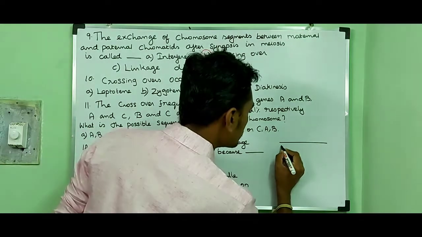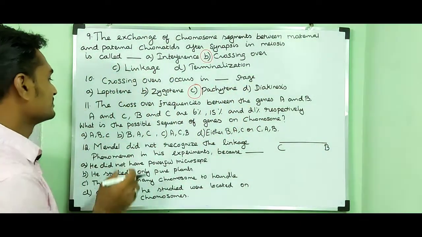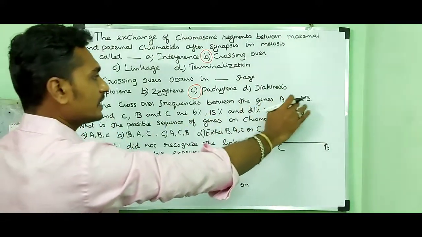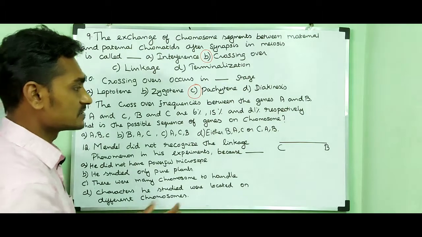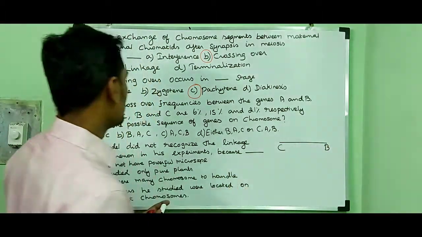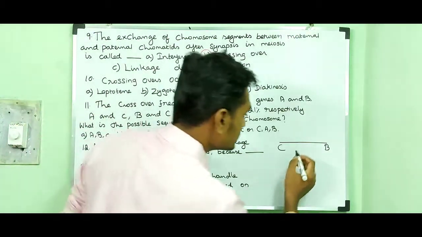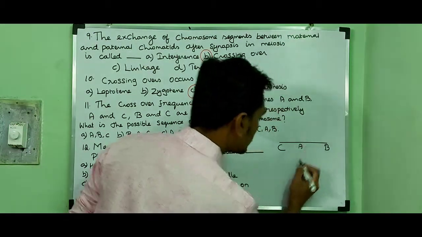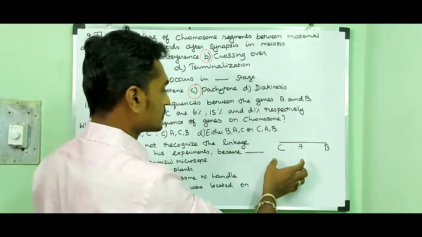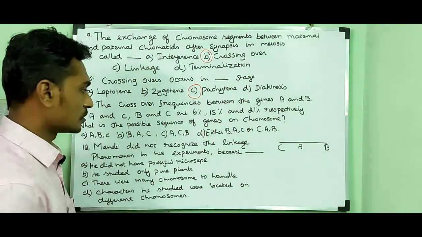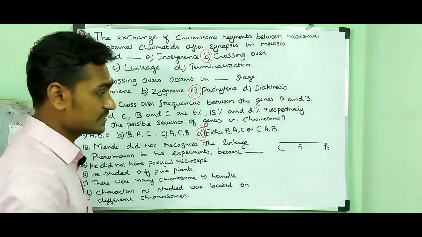So C, B. Then A and B, and A and C show less recombination frequency when compared to C and B. So A will come in the middle. So the answer may be option D, either BAC or